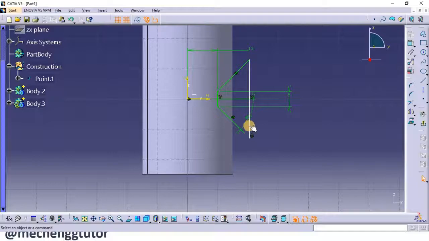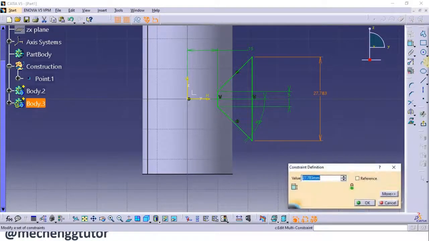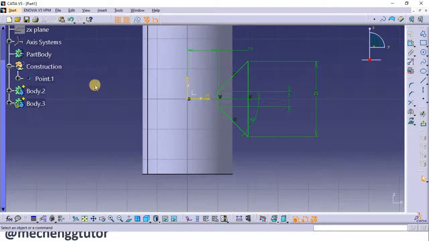Now if you see, this line is white in color and I want to join this line to this endpoint. So here we make use of the trim command. In the trim command I click on this line and this line, so both join over there. Now even this line can move anywhere in the 2D space. So I can give this constraint by giving the length of this line, say I take it as 25 mm. So a 25 mm line is drawn. Now this is completely constrained.